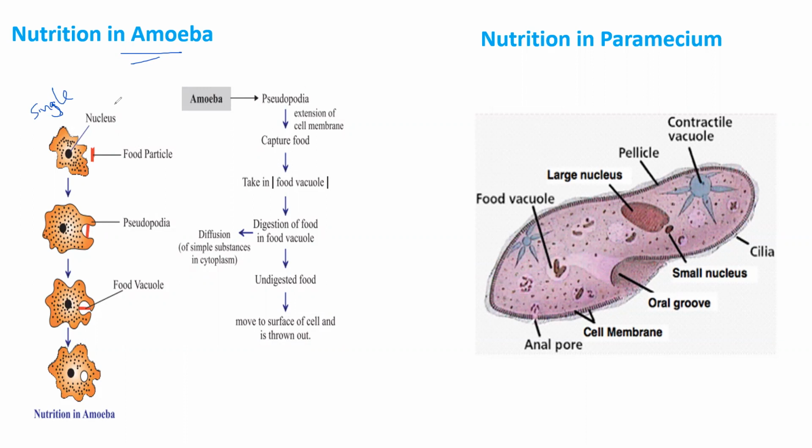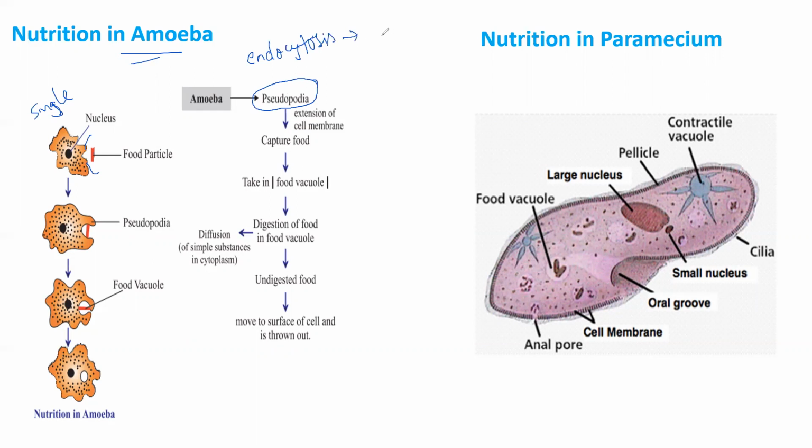Amoeba, you know, has an irregular shape, and wherever the food particles are, the cell membrane changes shape to capture them. That is nothing but the pseudopodia. Pseudopodia are finger-like structures which help to capture the food. Remember that in the 9th standard you studied endocytosis. What does that mean?